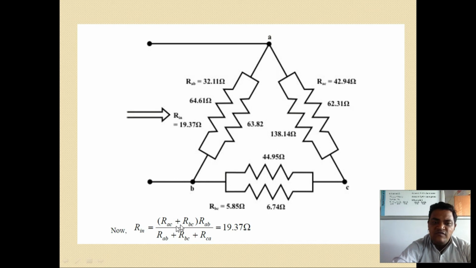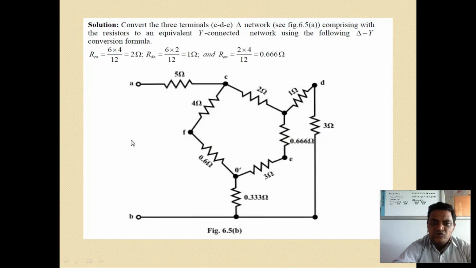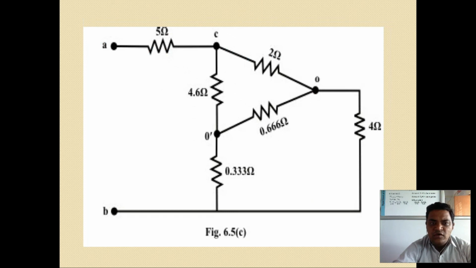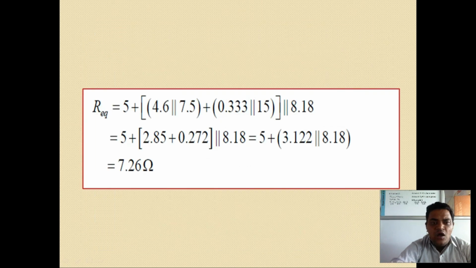So R in is equal to R of AC plus R of BC into R of AB upon R of AB plus BC plus CA, which is 19.37 ohm. Then a new example is given and the equivalent resistance should be calculated. First you have to convert from star to delta transformation. Here are 5 ohm, 2 ohm and 4.6 ohm, which will be converted again by star to delta transformation, and the value of R equivalent is equal to